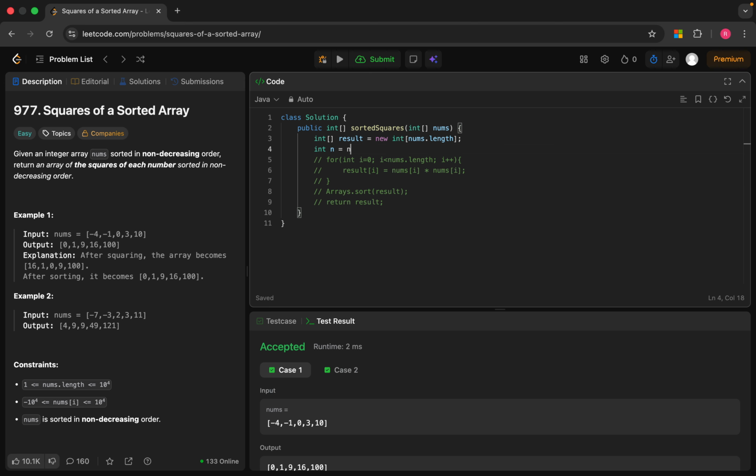Let's also store the length in a variable n. Now that we are using 2 pointers, we need 2 pointers, one which is left starting from the initial index and right would start from n minus 1. We also need one more variable called index which starts from n minus 1. Now let's take a while loop, and if the left is less than or equal to right,